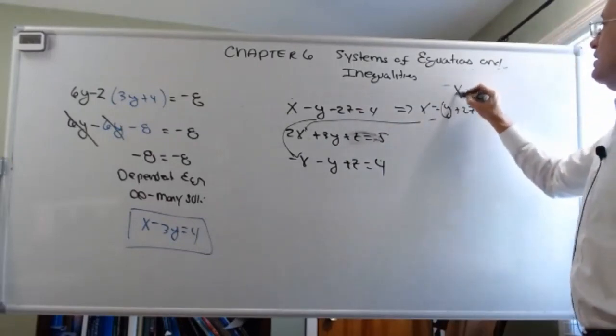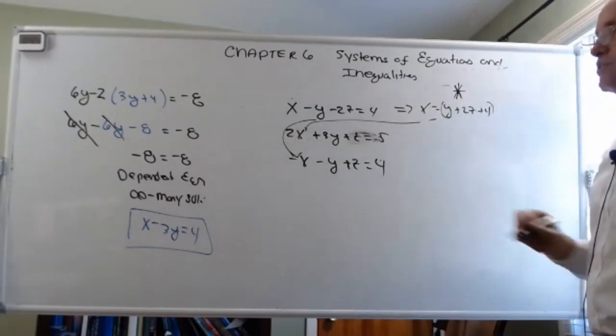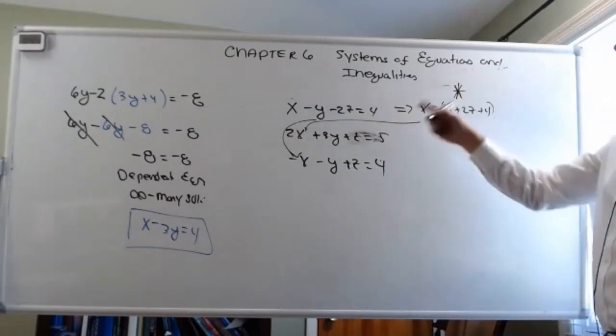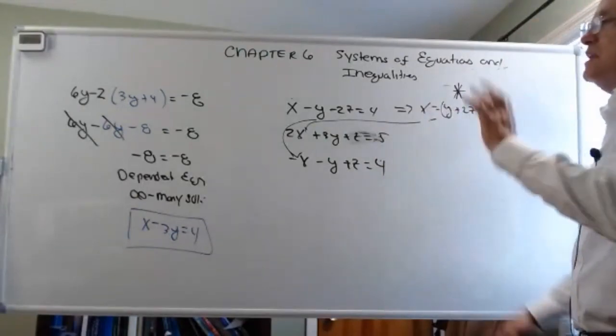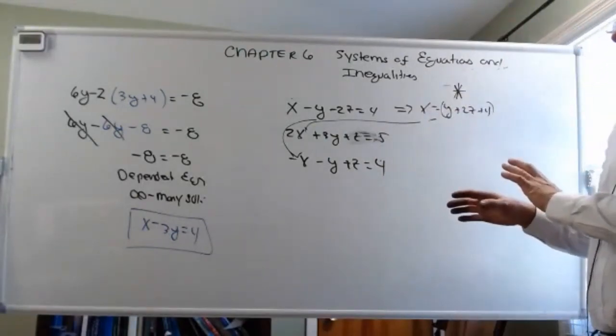This is the harder one. There's one problem at the end of this, 2 problems at the end of the section for 3 equations. See if you can figure out how to do that. If you can't, it doesn't mean you're not going to pass the course. It just means your skills